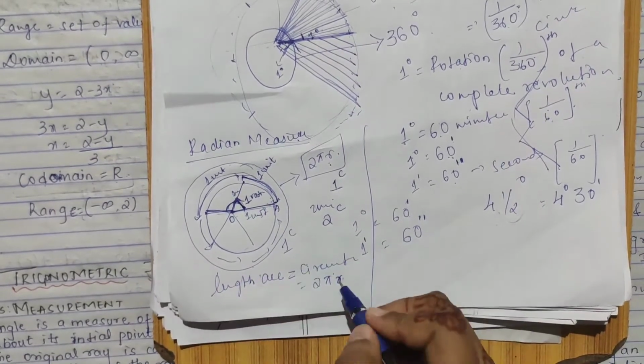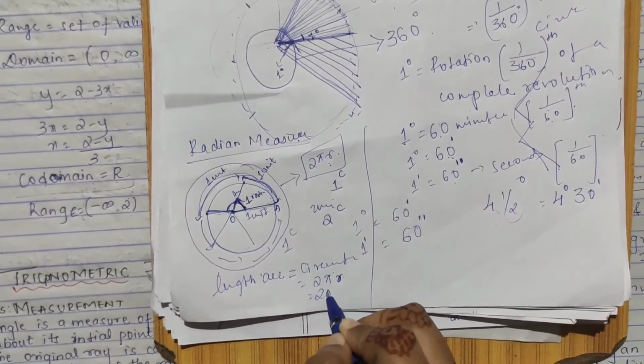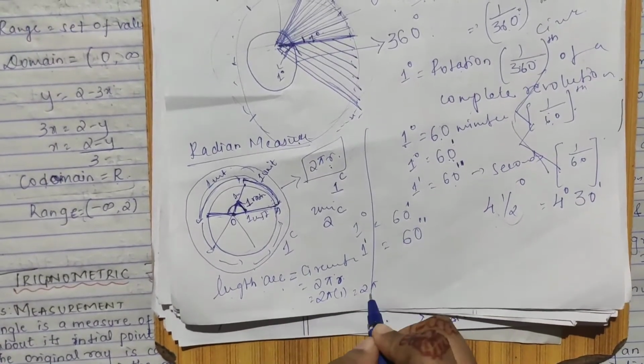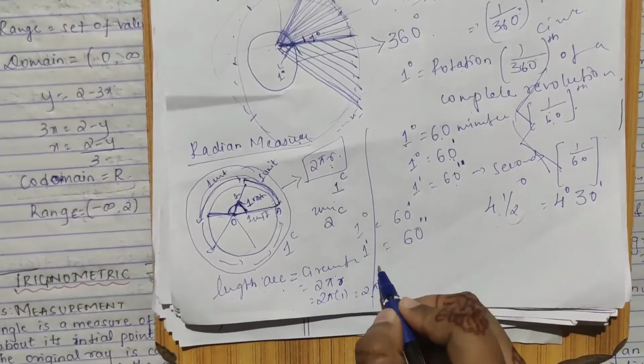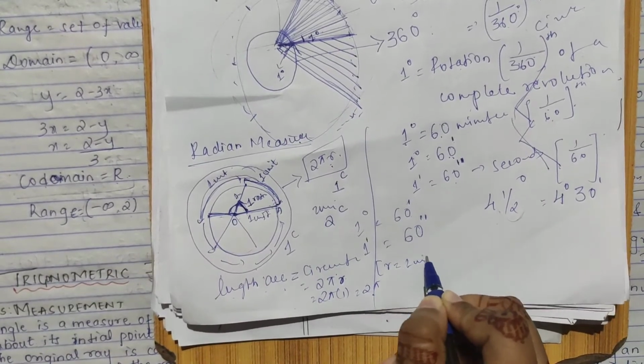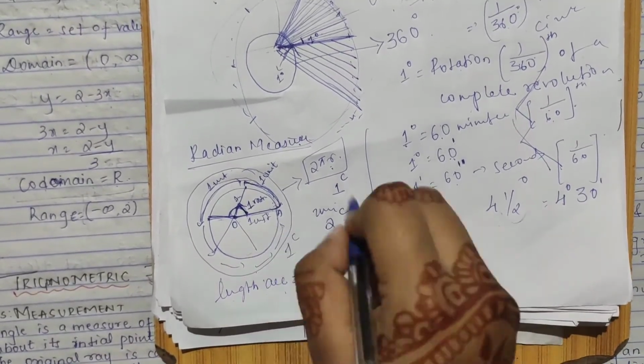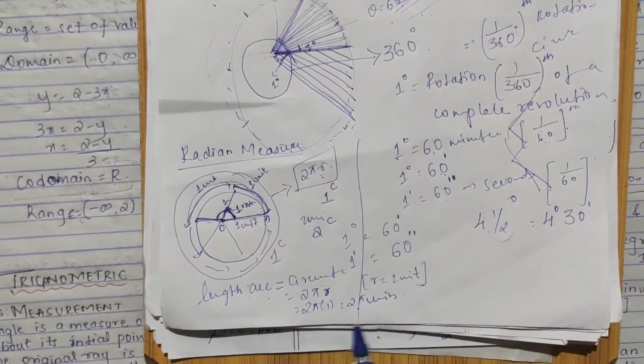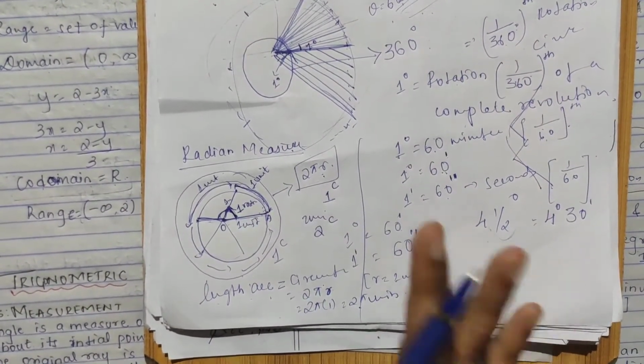So your radius is 1 unit. So r, I will substitute as 1, so you get 2 pi. So your length of arc of a complete revolution with 1 unit radius is equal to what? 2 pi, because your r is equal to what here? 1 unit. Understood? What is your radian and what is your degree? This will be 2 pi units only you have to tell, just that much.